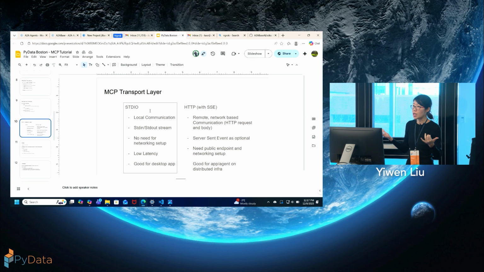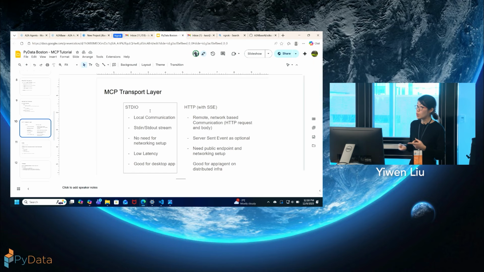When you host everything together, some even treat the MCP server as a sub-process of your client, for example if your client is the agent. People use that more for practice or demo purposes. But in more real use cases, your server and your agent are probably not hosted in the same place. So that's why there's another one, the HTTP communication mechanism.